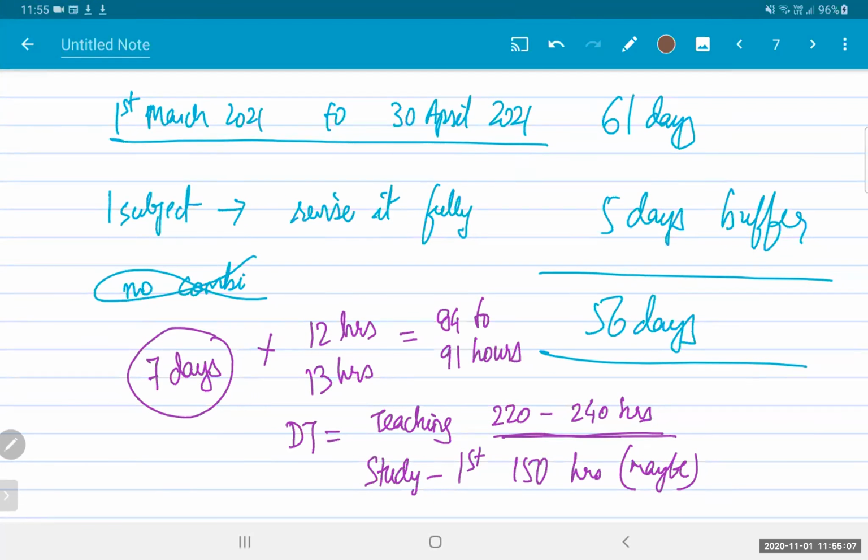Sir, my initial thinking was about the two-month, two-time study you mentioned, with the second revision being of 2 months. So what I was planning from December, Jan, Feb and March, those 4 months would be my first reading and first revision, which is the 56 days you mentioned. And in the first 18 days of April, I would do 2 days of paper writing. I was planning that if 2 readings are done, we'll be sure.